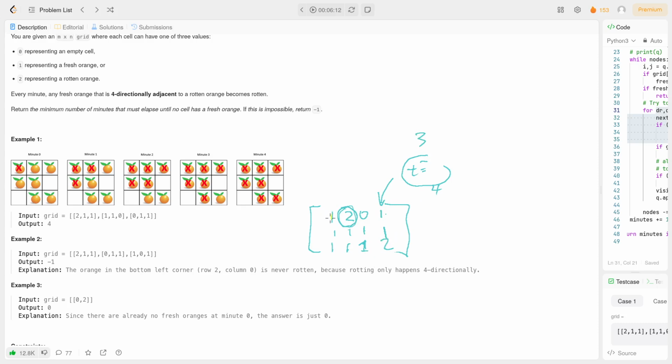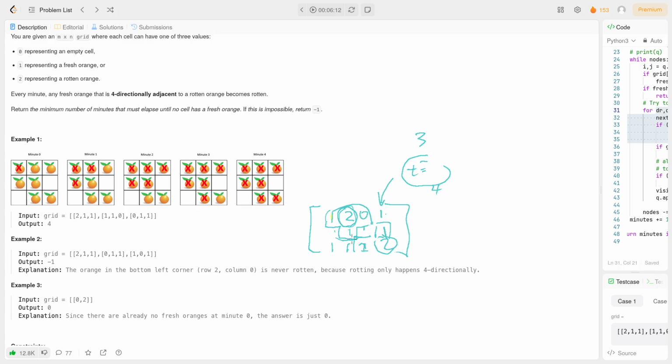So actually, you're really onto something. You want to start at the 2, but not just the first 2 you find. You want to start at all the 2s that you find, because in parallel, all of them can branch out, right? And see if they can enqueue something that's not adjacent. Find if they can enqueue something adjacent, right? And then basically they spread,